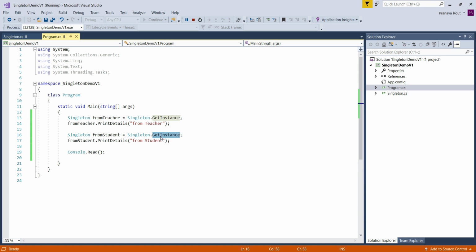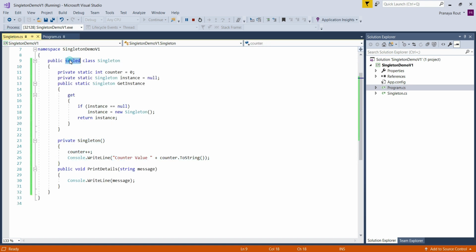The way we implement the singleton design pattern in this example is not thread safe. It means in a multi-threaded environment, it will be able to create multiple instances of the singleton class. How to make the singleton class thread safe? That we will discuss in the thread safe design pattern video. You may have one question on your mind. Why do we need to create the class as sealed when we already have the private constructor, right? That we will discuss in our next video.